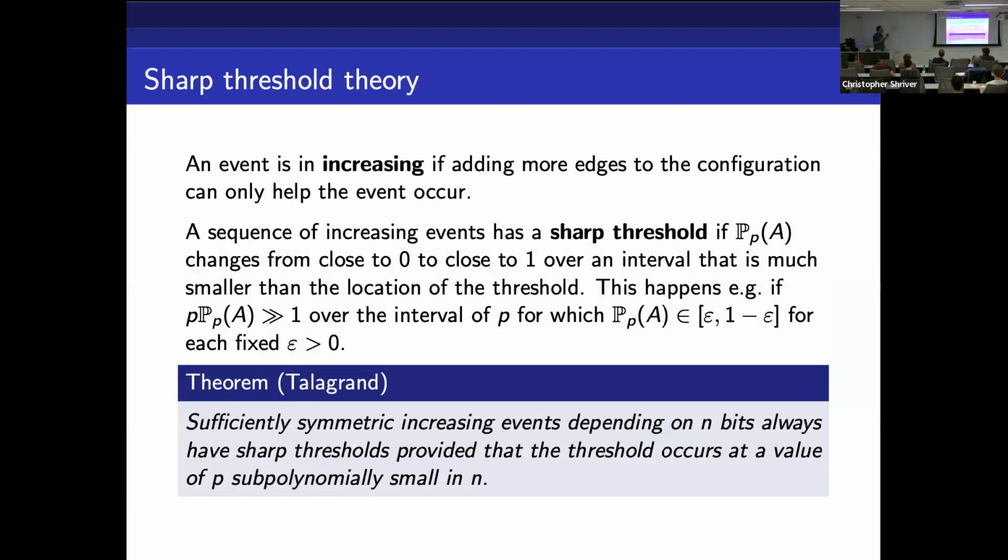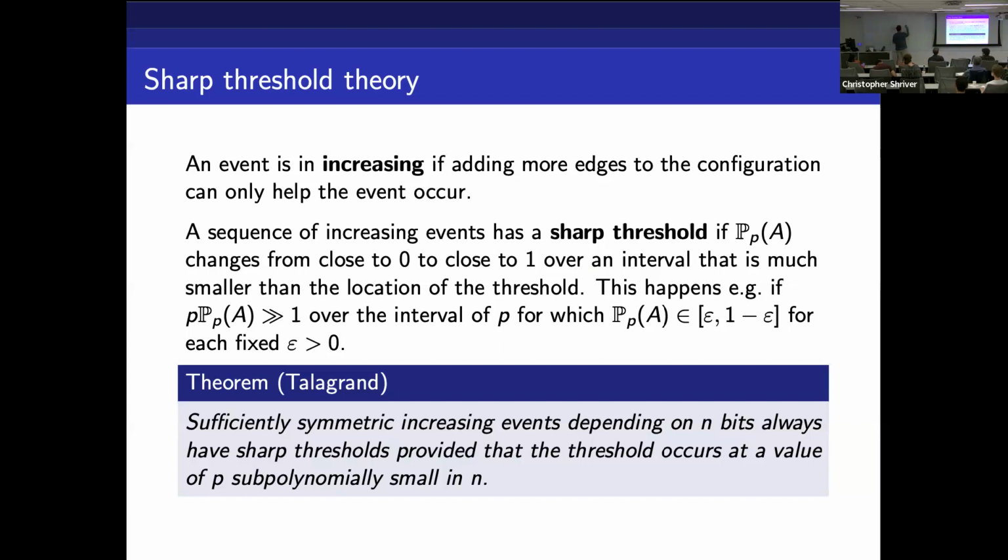a key role in our proofs is played by the theory of sharp thresholds of events. So let me just tell you a little bit about that quickly. So imagine we have an event, A, that's increasing. So if you add more edges to your configuration, you can only help the event occur, right? So this means that the probability of A is increasing as a function of P, okay? And we say that this event has a sharp threshold if the graph of this probability